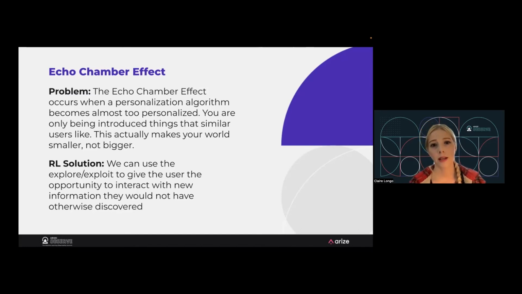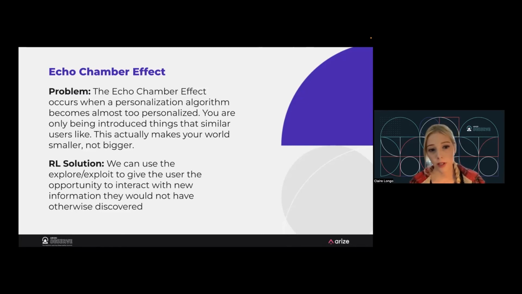The reason it's called the echo chamber effect is your own thoughts and preferences are just echoed back at you from the algorithm. The algorithm has learned so well what you and people like you enjoy that it's just converged to that. It's just going to show you things that we already know you would really enjoy instead of taking a risk and putting something a little bit outside the box in front of you.